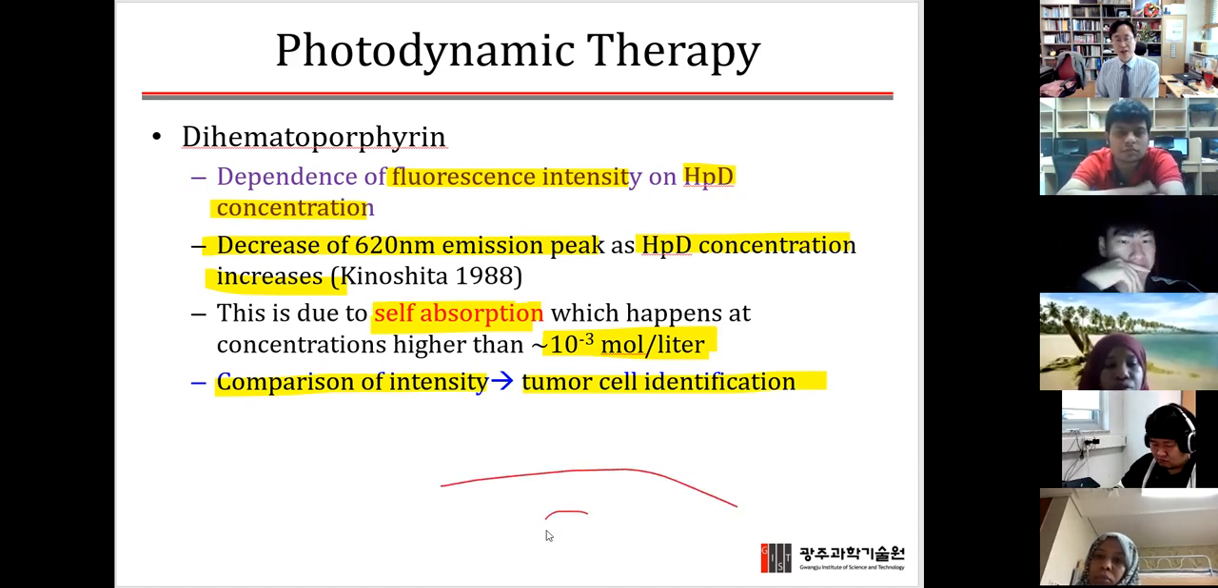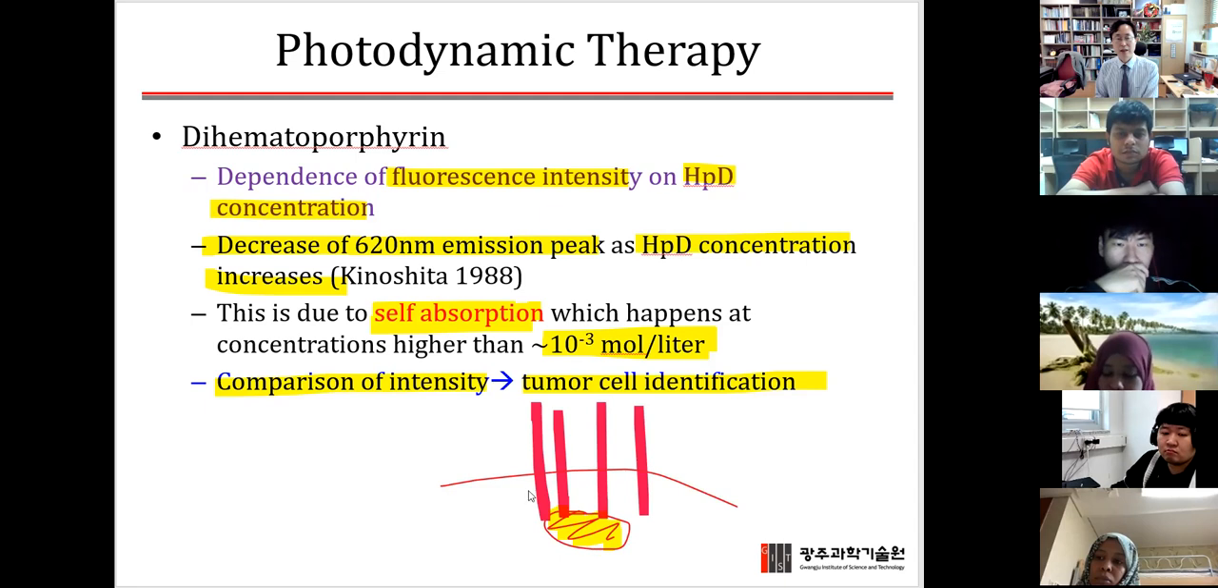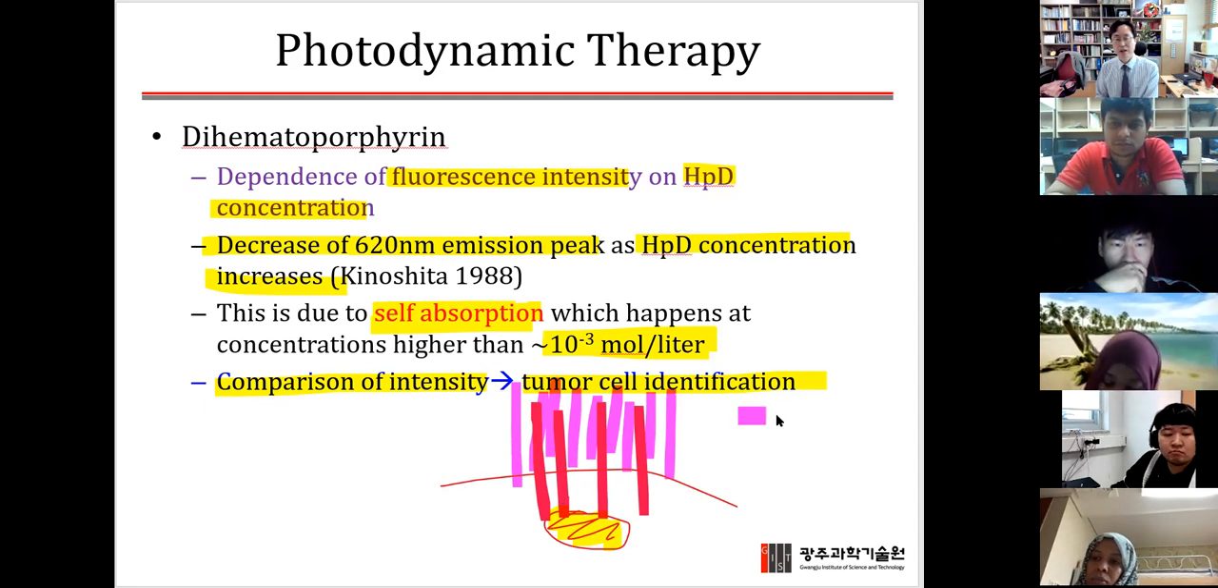So let's say you have a tissue and a tumor, and the photosensitizer is mostly accumulated in the tumor. If you give the laser in red light and collect the fluorescence signal, let's say I will just use this one. Okay, so you are collecting the image from the surface, and then in the image,